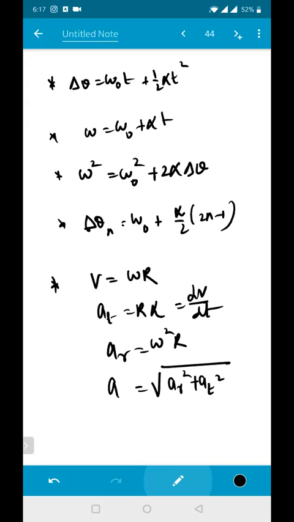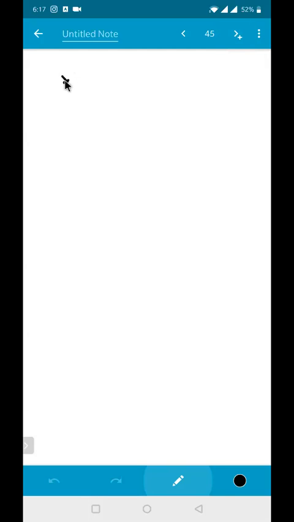Now you can write from the given condition. If I'm talking about an angle for this one, tan theta is equal to A tangential divided by A radial. That is also one of the formulas you need to remember. Centripetal force, CF, is equal to M into V square divided by R. That is nothing but M into R into omega square in terms of omega, isn't it? So those are some of the formulas which you need to remember for the examination in terms of circular motion. Circular motion is also an important area where we get some questions. So be a little bit careful with such questions. I hope you can do such questions.